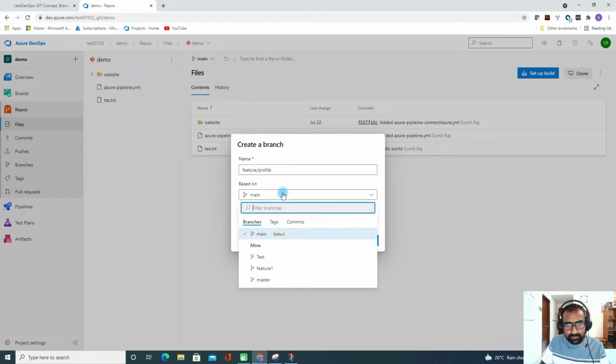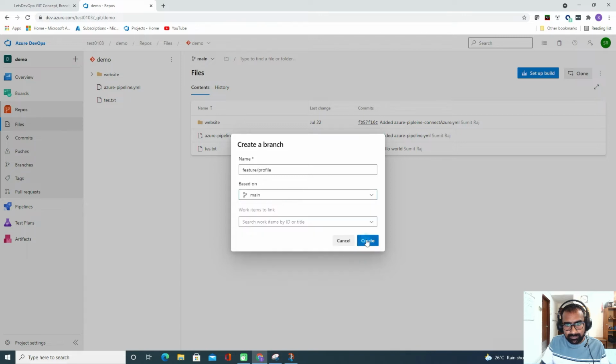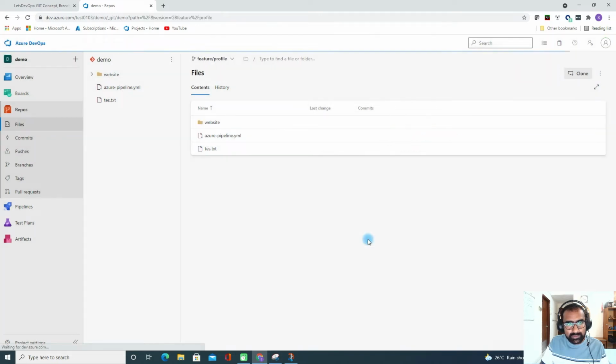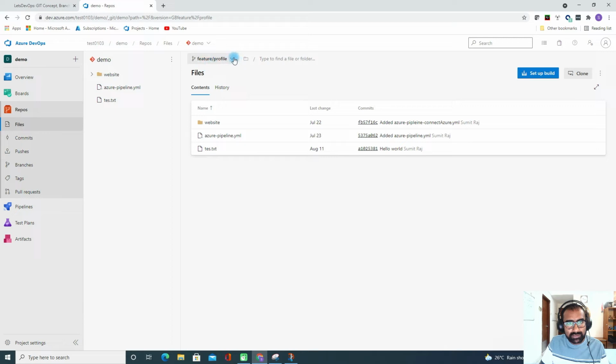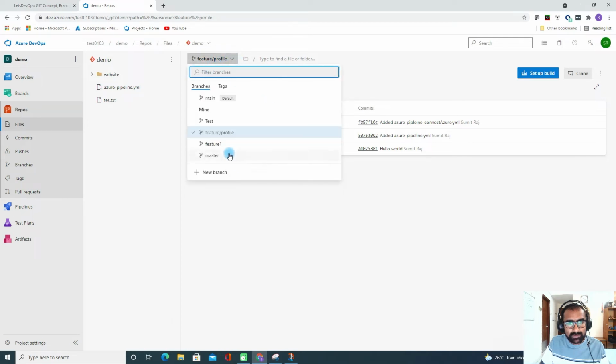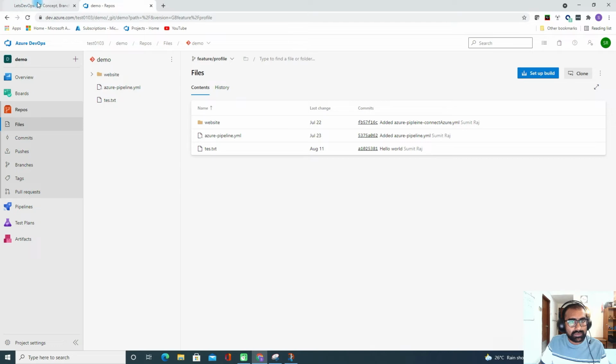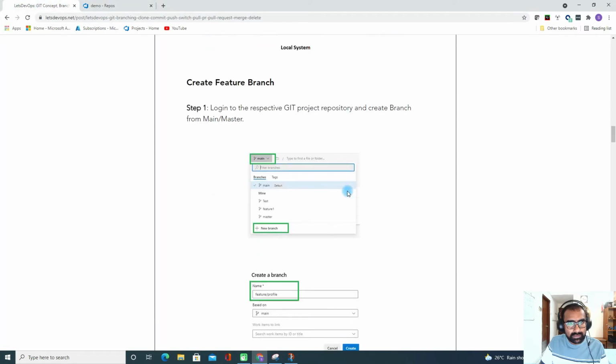Here you can select from which branch you want to create. Since I'm using main as my default, I'll use that, and I'll click on create. Now you can see this feature profile branch is created from the master branch, which currently in my system is the main branch.